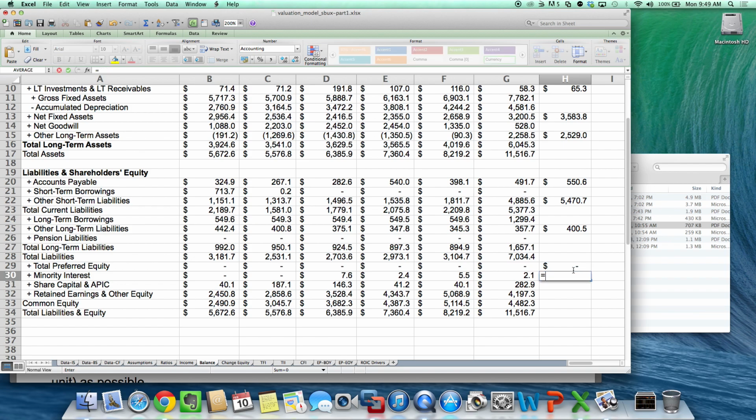Minority interest equals the previous year minority interest. We're not going to issue shares, so share capital equals the previous year share capital. So the final part is retained earnings. So here's how retained earnings will work. It equals previous year retained earnings